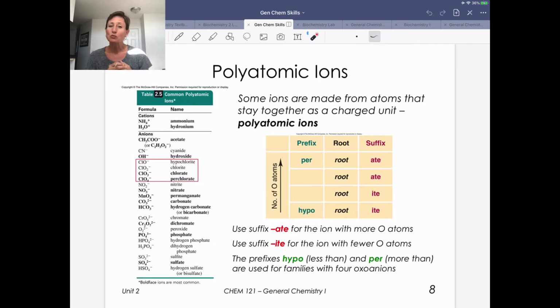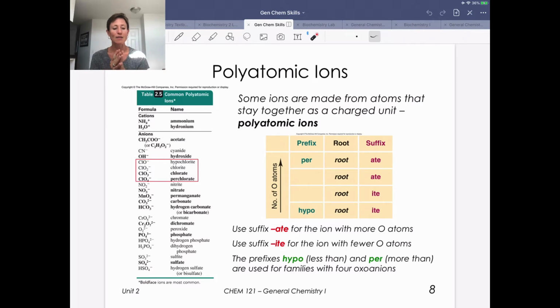Sometimes we might have more than one ion that comes together in what we call a polyatomic ion. Again, another thing that it's just memorization, right? If you're taking a human anatomy course, you just got to memorize bones and muscles and things like that. This is our equivalent of that. We just have to name these compounds. We need to know what these pieces are. So again, I'd encourage there to be flashcards. I'm going to see about putting some flashcards up on Blackboard for you to be able to use